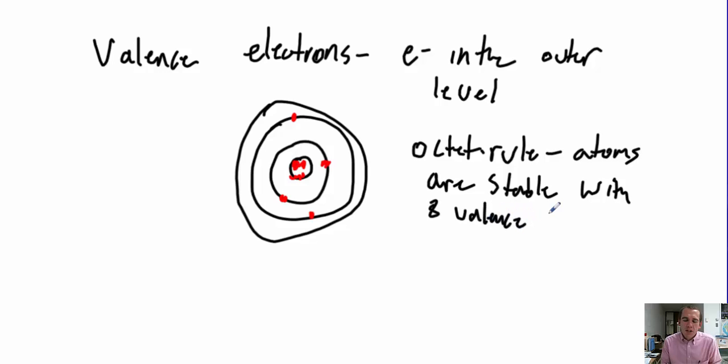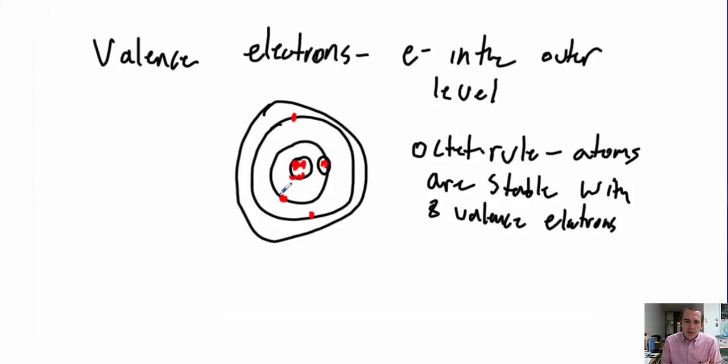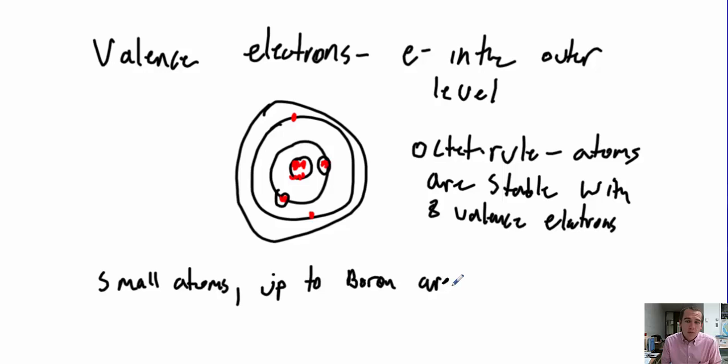There are only a few exceptions to this, and that's for the smaller elements. So if I grab the periodic table, we have hydrogen, helium, lithium, beryllium, and boron. Those first 5 elements only really want to fill the first energy level, and the first energy level only holds 2. So small atoms up to boron are stable with 2. Now,